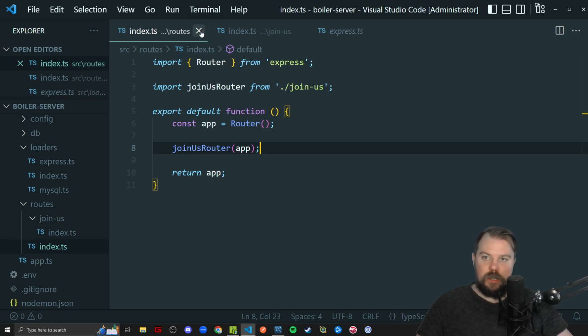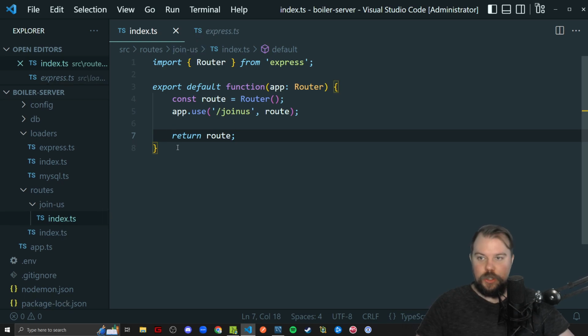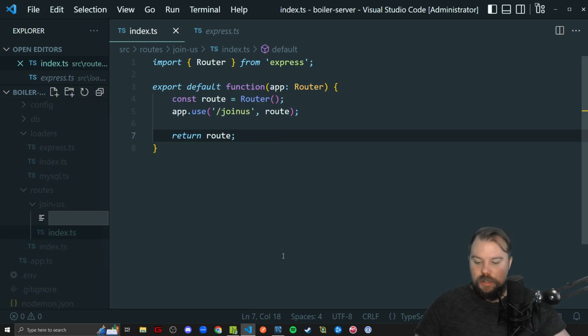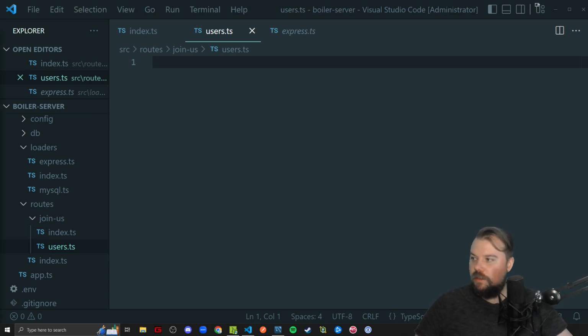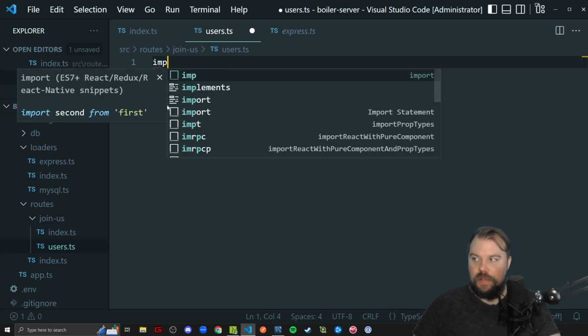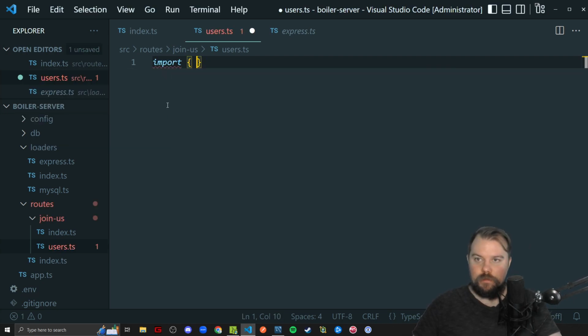Index router is calling a function from our joinus project and its index that adds the path we want to add to our API. And from here, it needs to have another custom route. So for each table, I typically have a file for each REST API route I am working on throughout this project, where again, this will be importing our router from Express,